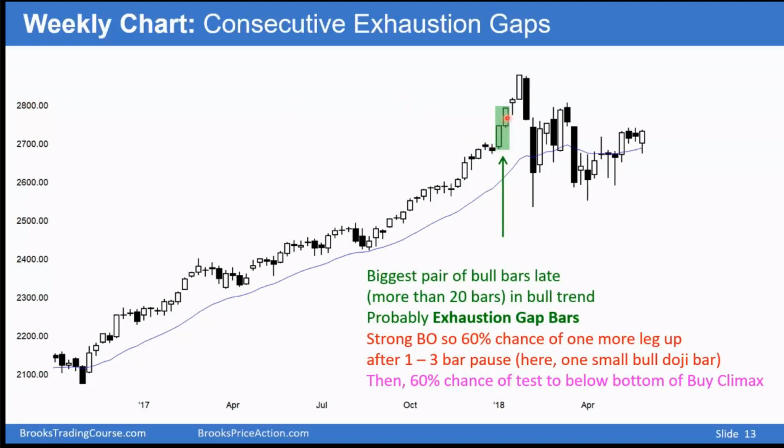Strong bull breakout here, so 60% chance of at least one more leg up. But the leg up is usually just 1 or 2 bars, and then you get the correction down to the bottom of the buy climax. And in this particular case,